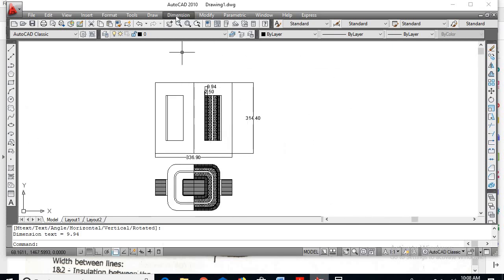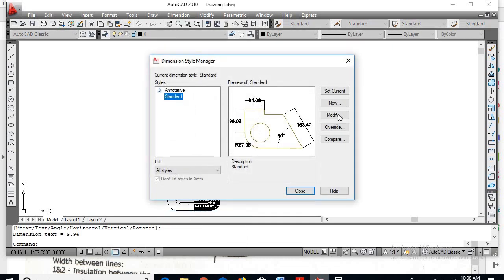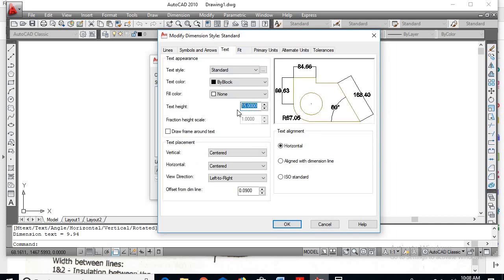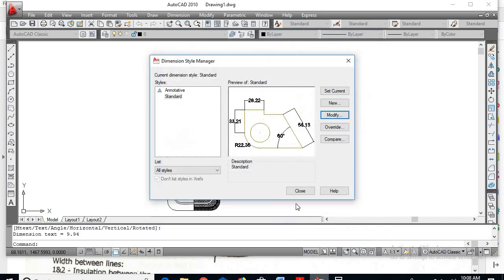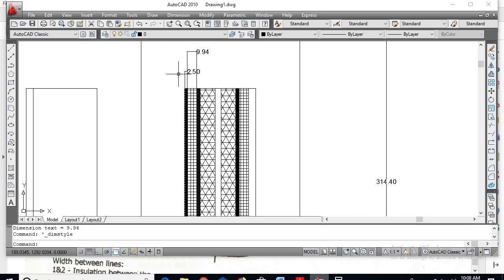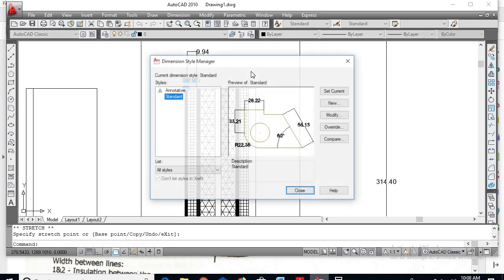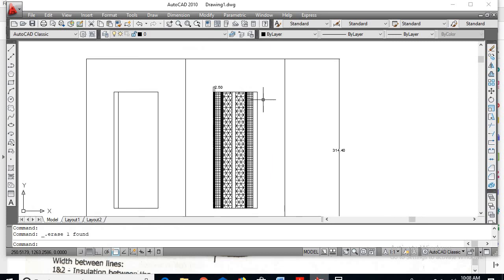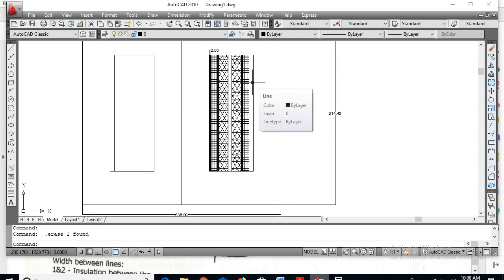You can reduce the text, go for dimension, dimension style, modify, text height instead of 15 I'll go for 5, say OK, set current, close. Okay, one let us show at the top, another one let us show at the bottom.